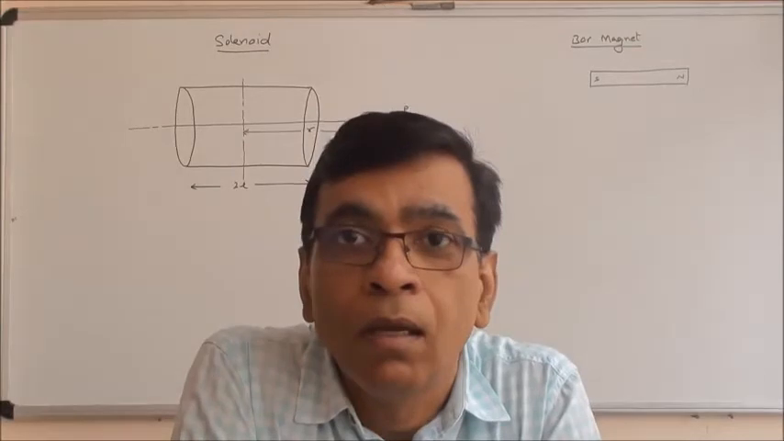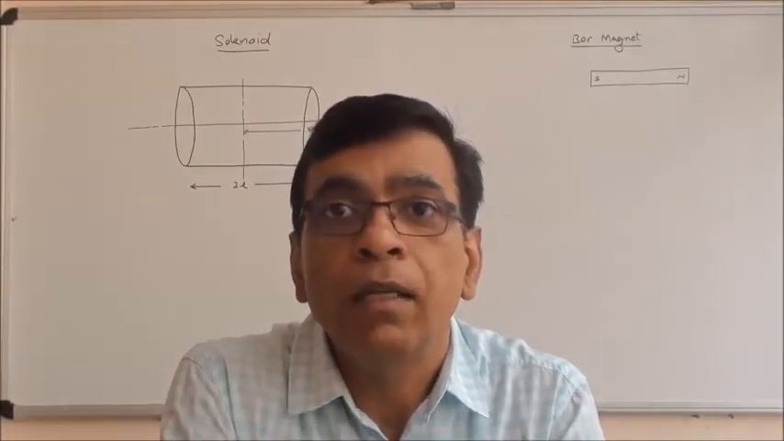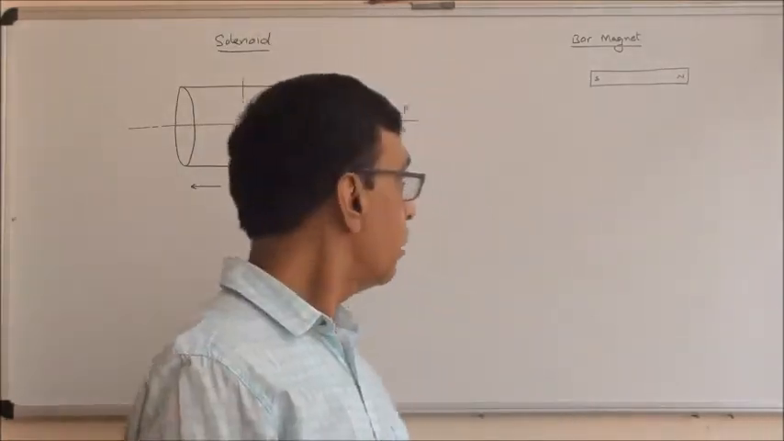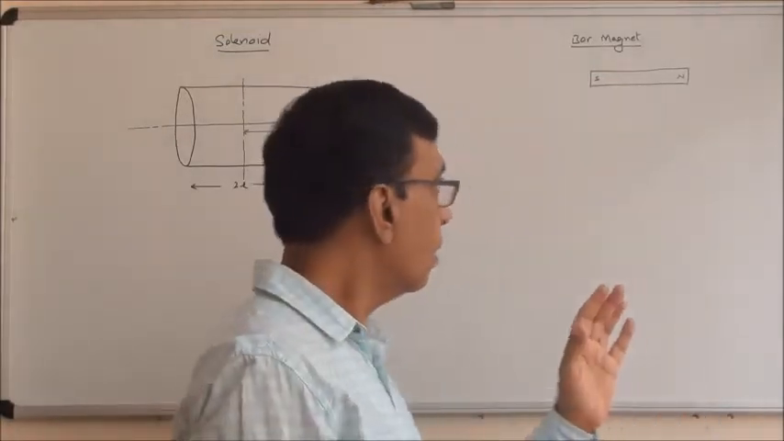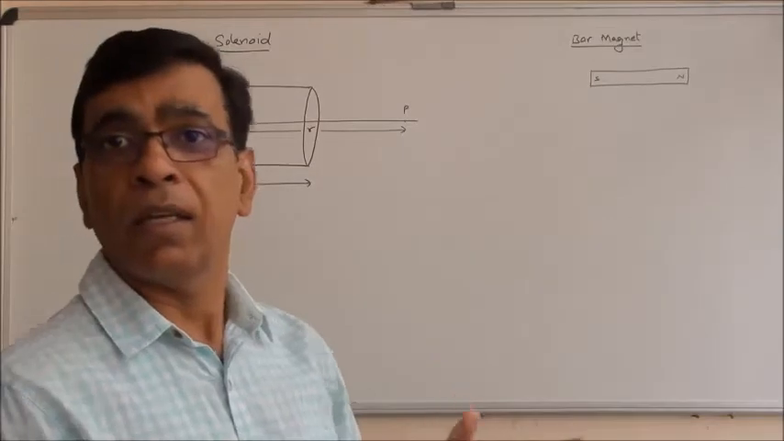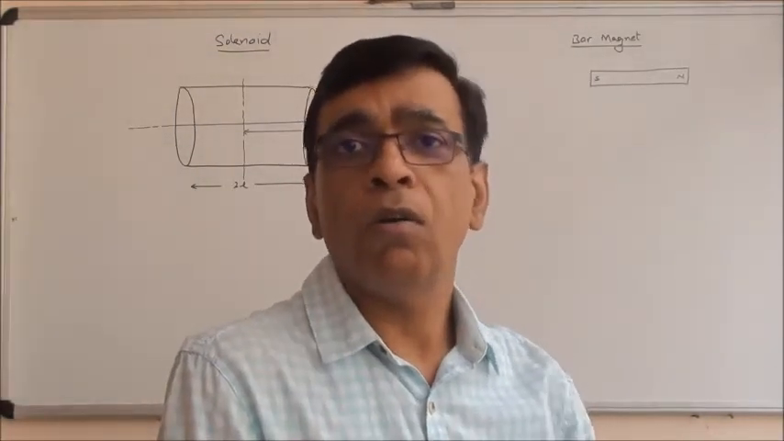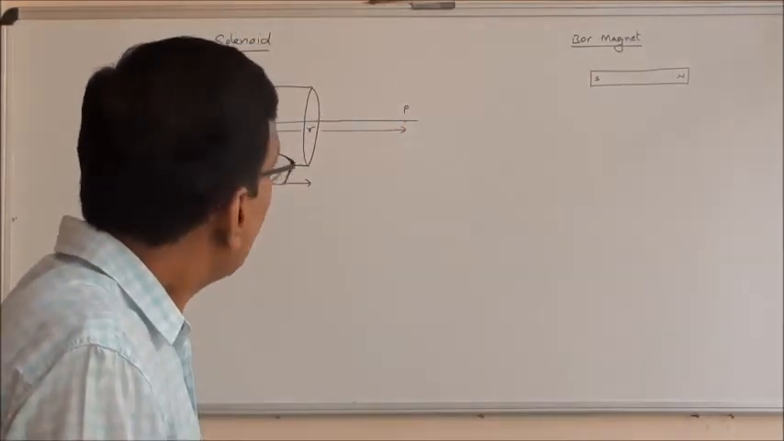Everyone, in this class, let me compare the magnetic fields produced by a solenoid and a bar magnet. One is, if we compare the magnetic field lines, I am showing you the magnetic field lines, just see how similar they are. Another way,